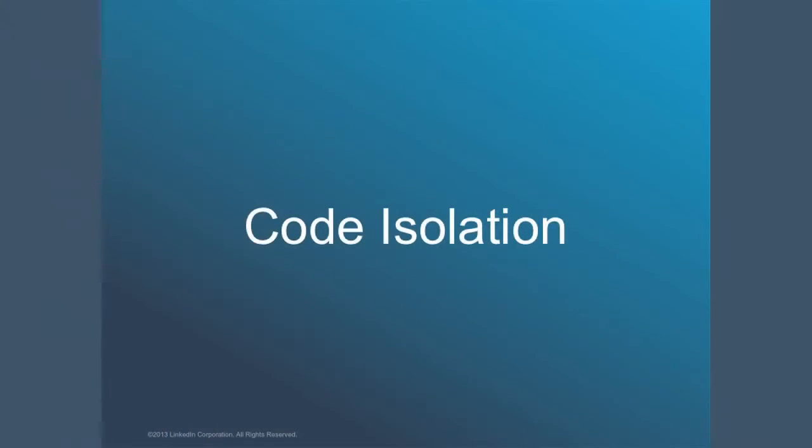And then you have to start isolating things. When you're a small company, you can put everything in one place and work on that one place. When you're 1,000 developers, there's no way you can put everything in one place. Even if it worked from a technology perspective, you don't want to do that. You want to divide and conquer. You need to isolate. And this concept of code isolation really became the thing that we had to look at.